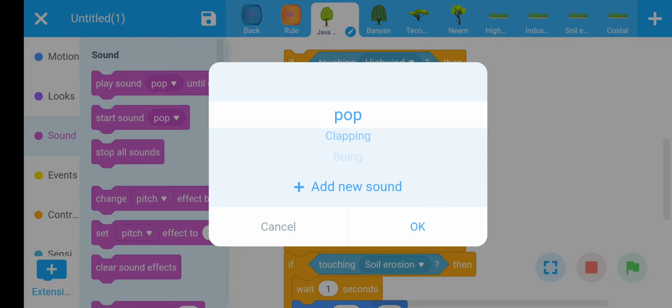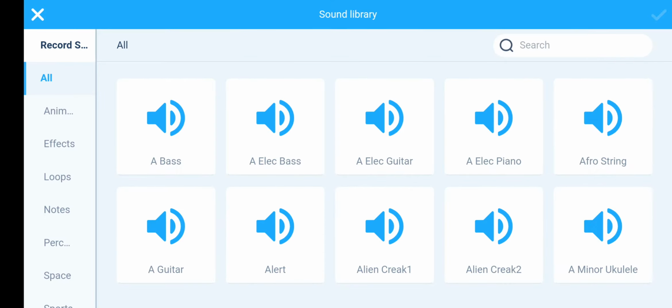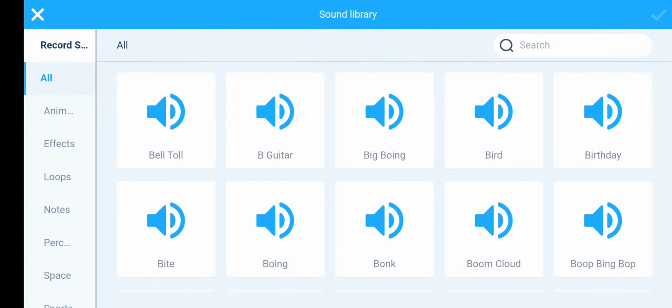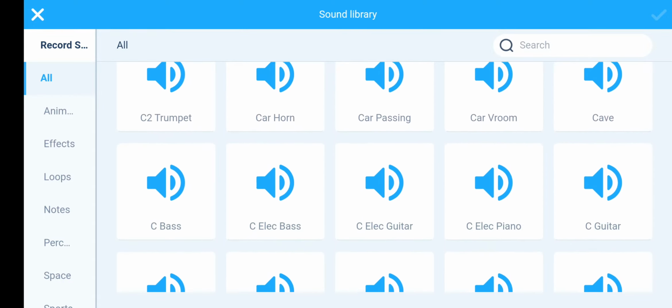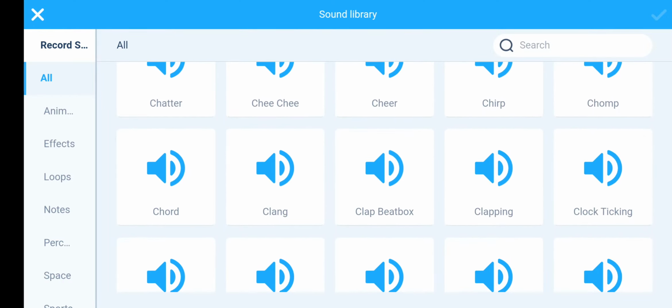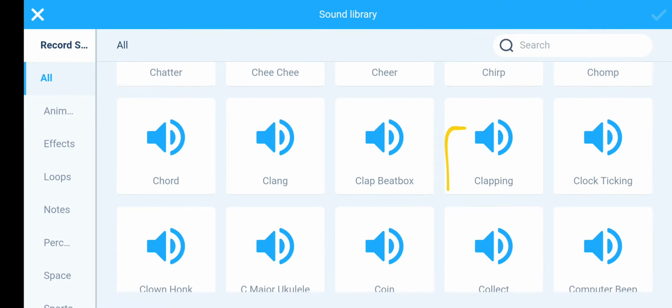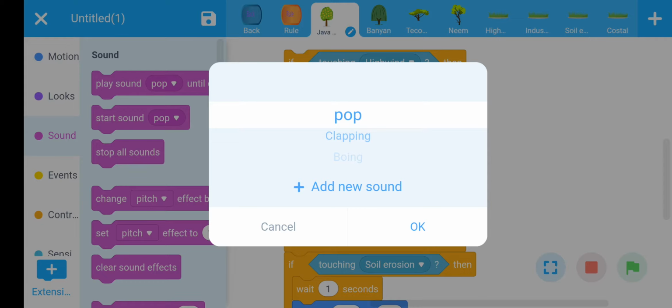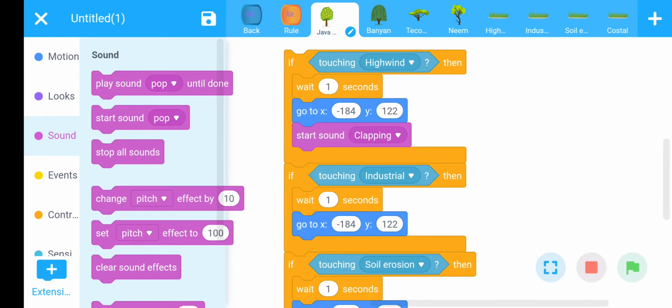If this clapping is not shown on your window, use that option, add new sound. Here clapping option is present. Okay, click on add clapping sound, press OK.